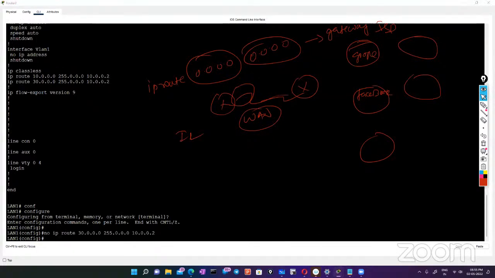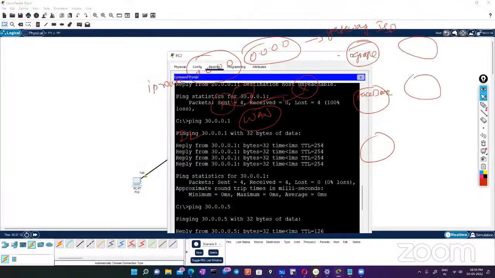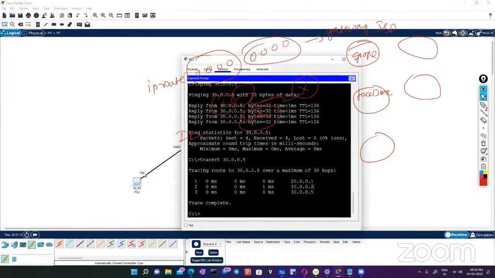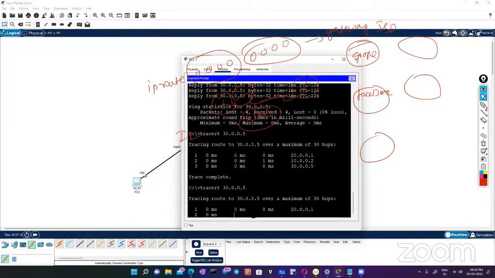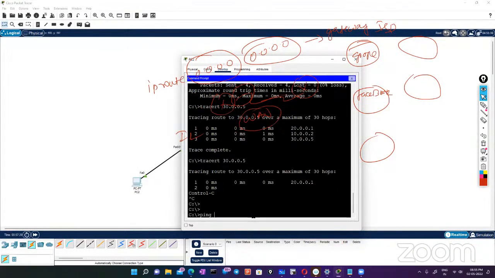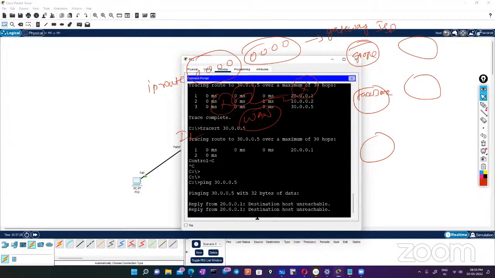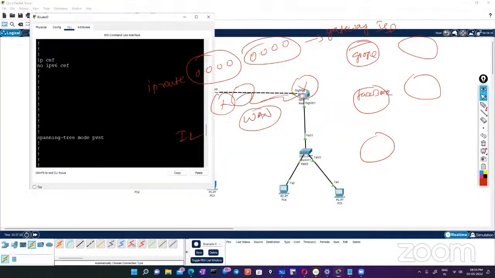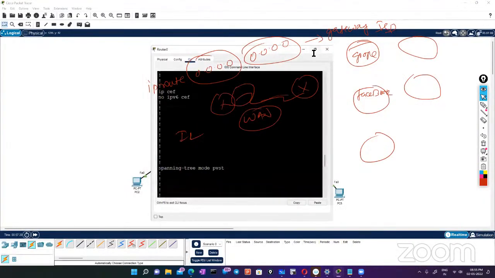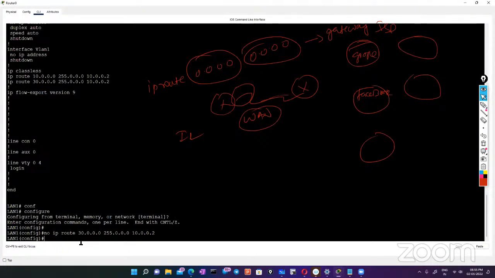So now this PC cannot reach 30 network, right? Because I've removed the route for 30 network. Let me ping. Destination host unreachable. So I don't know where 30 network is, but what I'm going to do here is IP route